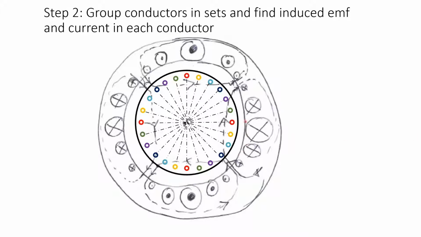As we have 4 poles, we will group 4 rotor conductors placed at 180-degree electrical in one group. I have shown you 6 sets of conductors. They are shown by red, green, violet, dark blue, light blue, and yellow colors. In each set, conductors are placed 90 degree from each other. We have done so to take advantage of the symmetry of sinusoidal flux density distribution.